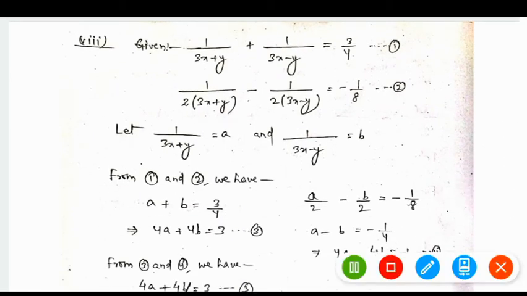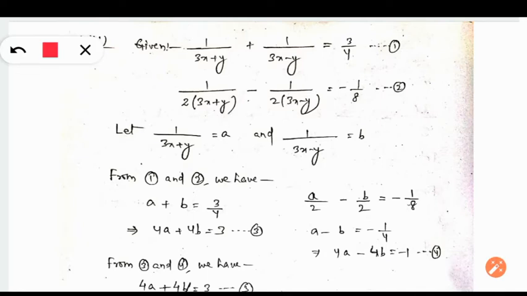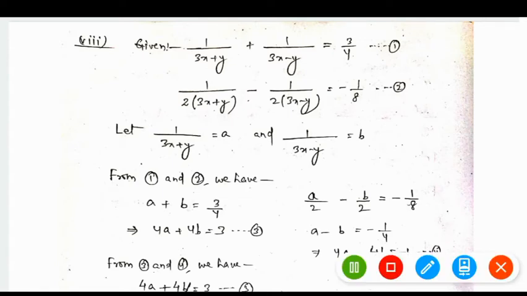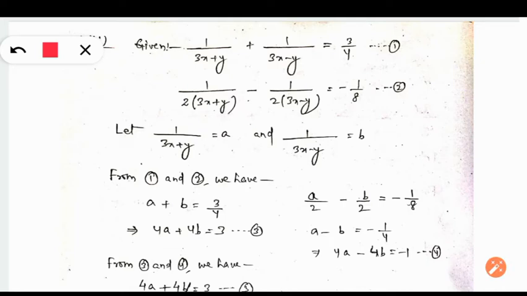First you need to think which term you are required to substitute. First of all, these two equations are not in general form. Otherwise, you would initially apply the method and solve the equations, right? So tell me, see this one in bracket, this one in bracket. See, this term and these two terms are the same. That means here we are required to substitute 1 by 3x plus y and 1 by 3x minus y. So I have taken this one as a, this one as b. After putting these two terms as a and b, equations 1 and 2 will become what?